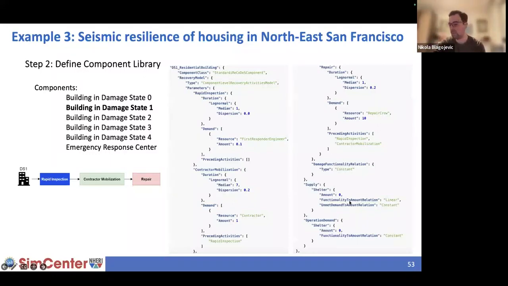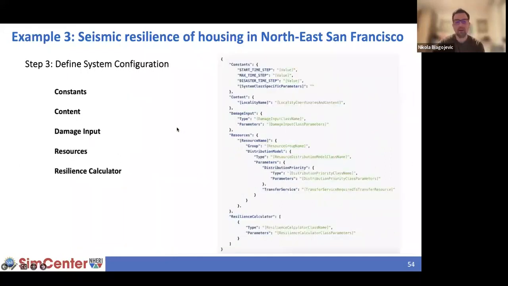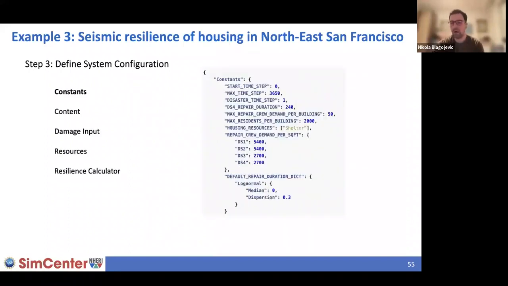And here, once again, we need to define the functionality to amount relation, which is now a bit irrelevant because the functionality is constant, and the operation demand is actually also shelter, because we assume that the demand from this building comes from the people that were living in this building. So they all want to go back to the same building which they populated before the earthquake. So we define basically people as the demand for shelter in each building. And then we can jump to the system configuration file. Once again, 5 sections. And here it's slightly more complex than before.